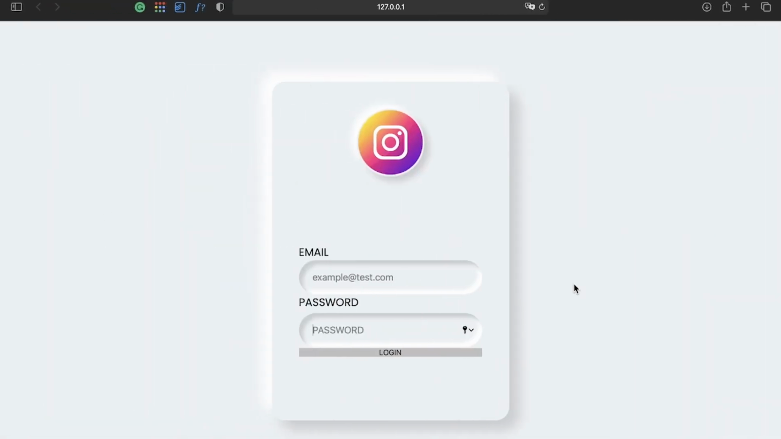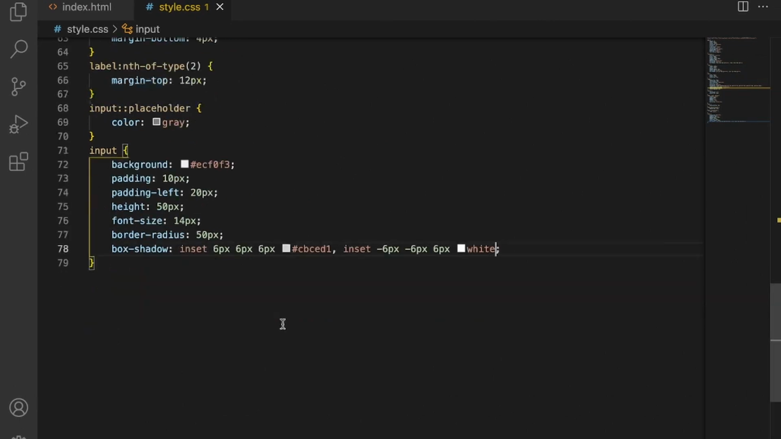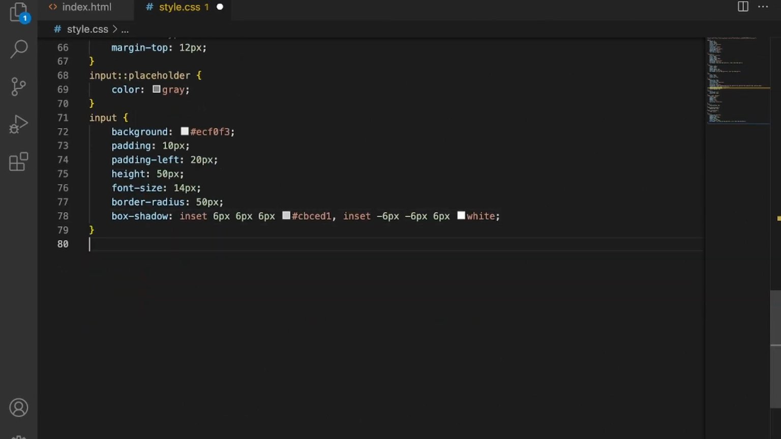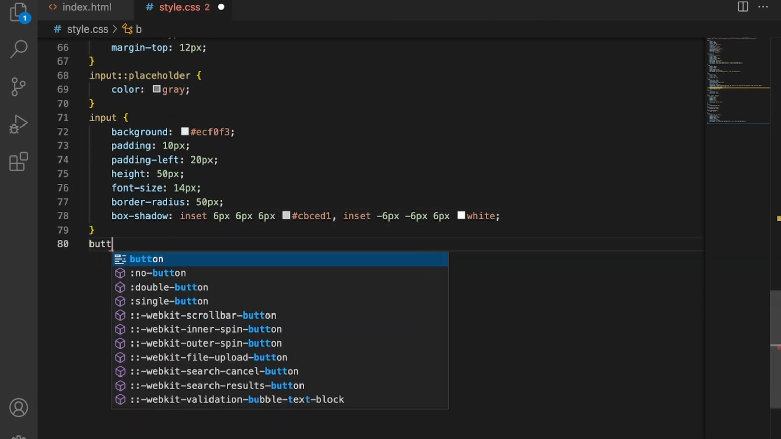Now as you guys can see here, this looks really very amazing and a real neumorphism effect using only the box-shadow property. Now here I will write some text and here a password. Oh wow, it works perfectly. Now we will design our button. So let's go. Here I will write button